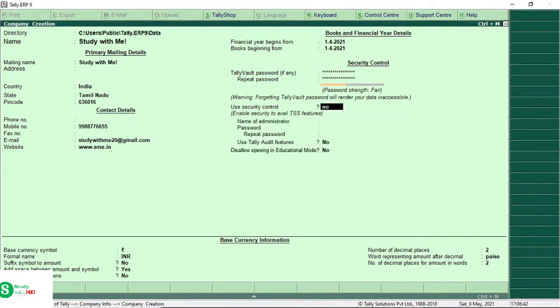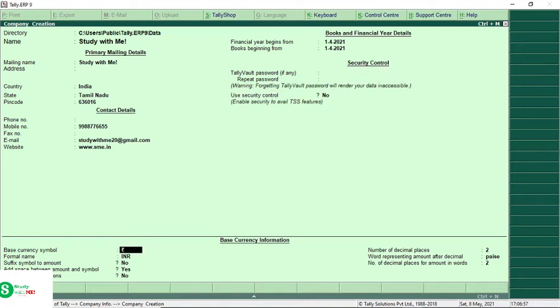You can press no here. And if you want your password, you can give it. If you don't want it, you can simply erase it. I can leave without a password and just press Ctrl plus A to save the company.